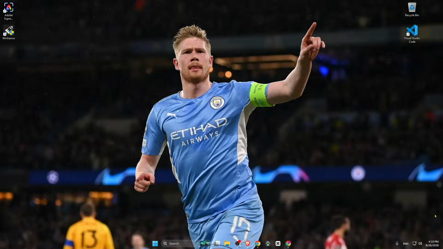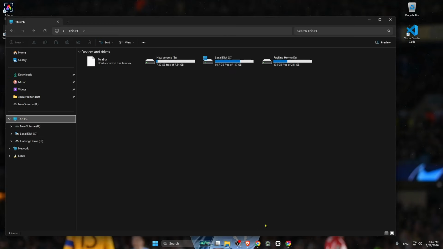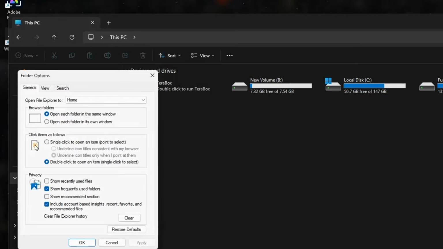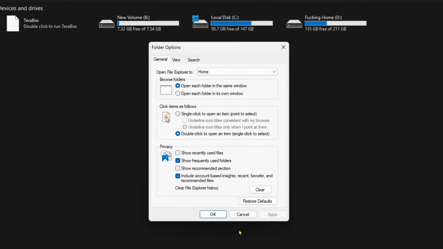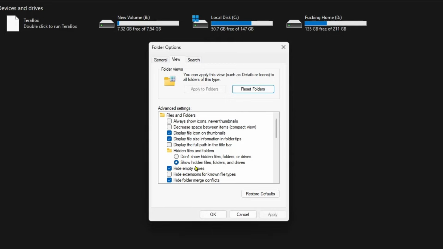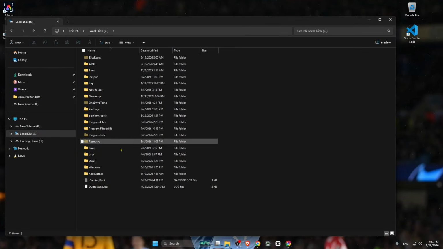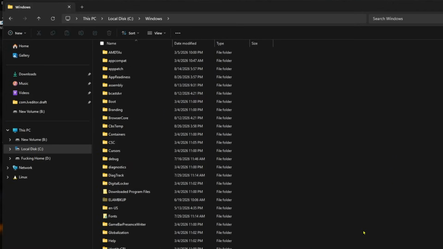Go to your File Explorer, then simply go to This PC. Here you have to click on the three dots and then click on Options. In the options, click on View, and here you have to check Show hidden files, folders and drives. Click OK. Now you can simply go to your C drive and then go to Windows,